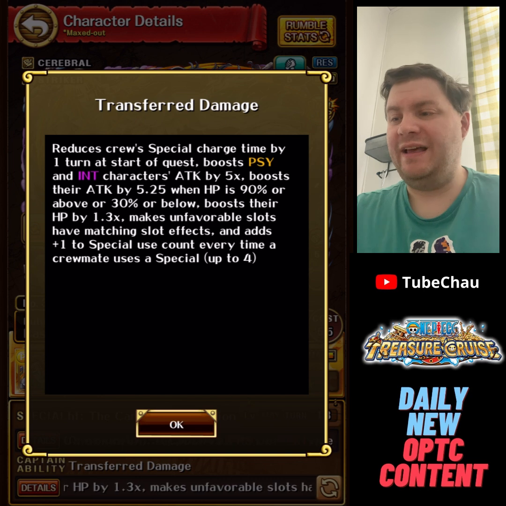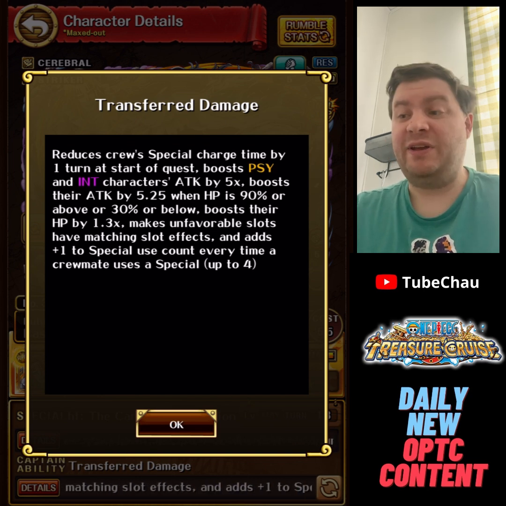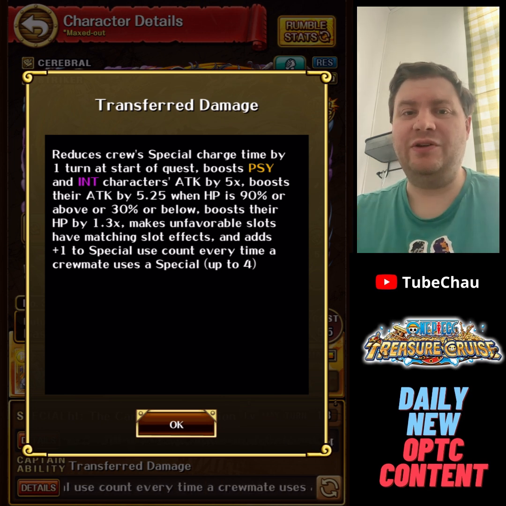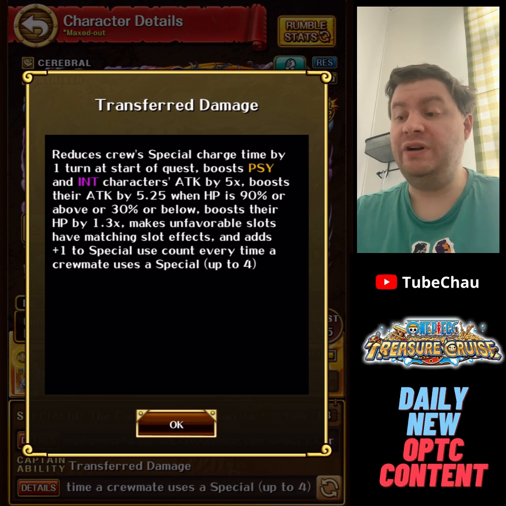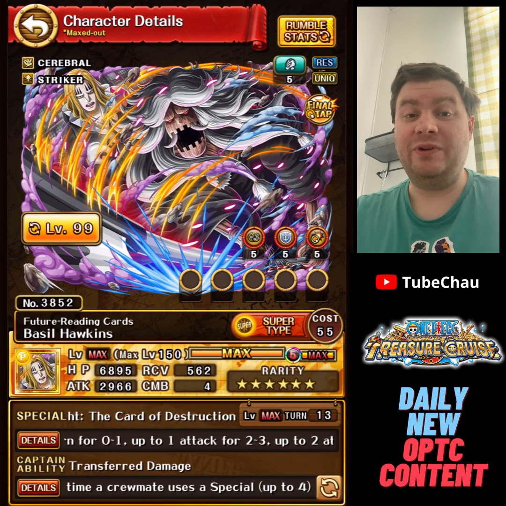But as captain, as it says, when crewmates use a special, you also get +1. That's just my take on it. We'll have to try it for sure. But I think he will be very OP if he has sub, could easily get the very good damage notification